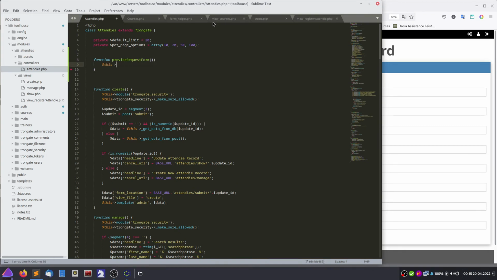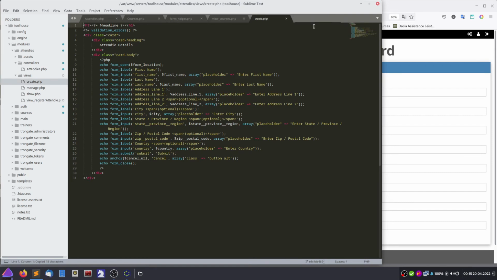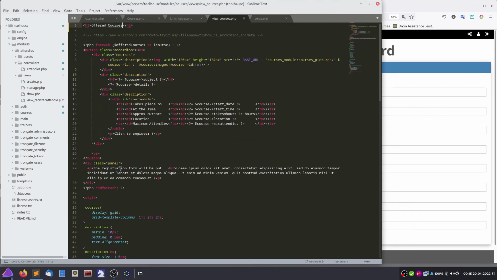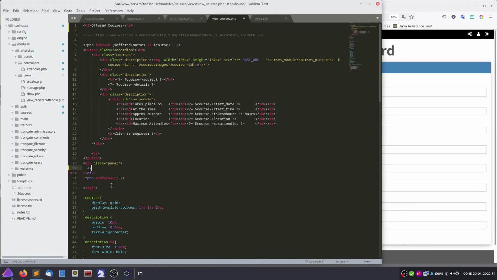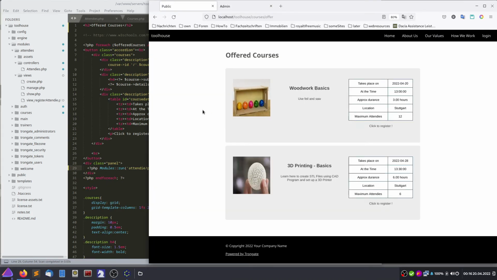Okay, and this will simply load up the view file, view register attendee. So, and this will be called within the view file at this position on here. This is what drops down. Modules run attendee, and the name of this method. And if you have now a look on here,